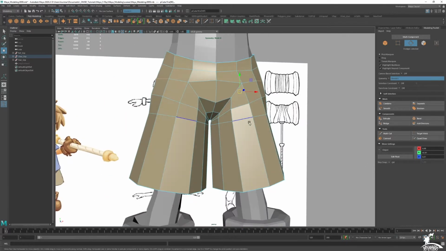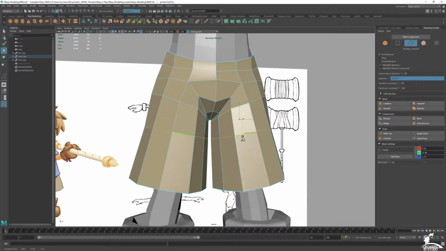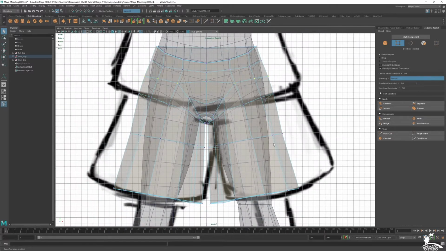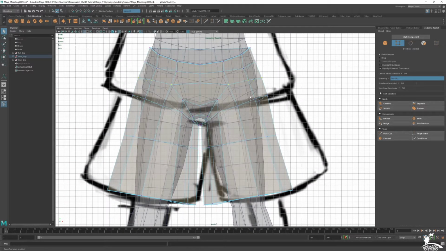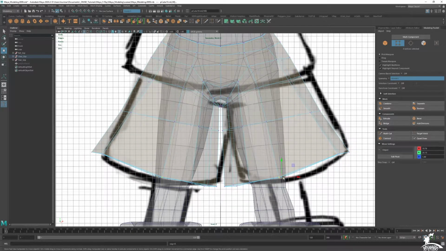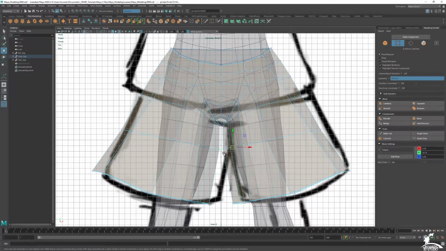Great. So that's looking good. You can see we can kind of move some things around. And we're getting these large baggy pants for the character. And we can just simply really just kind of move these out, right? And the front view kind of more closely match our reference. Okay. And bring these in a little bit